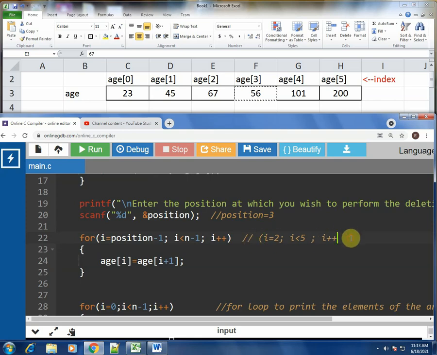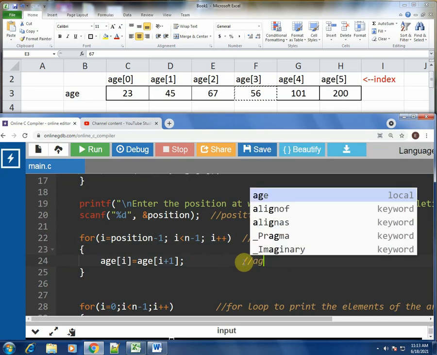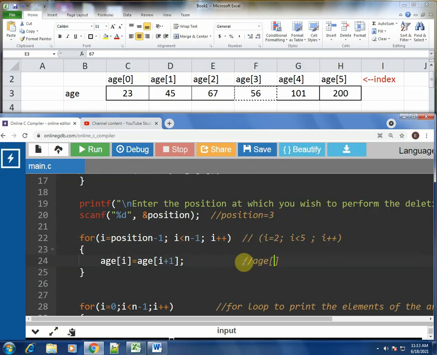Now once you go inside the for loop, what will happen? The first time i is 2, so age of 2 equals age of i plus 1. i plus 1 would be 2 plus 1, 3. Whatever is at age 3 will be put in age of 2, which means whatever is at index 3 will be put at index 2.